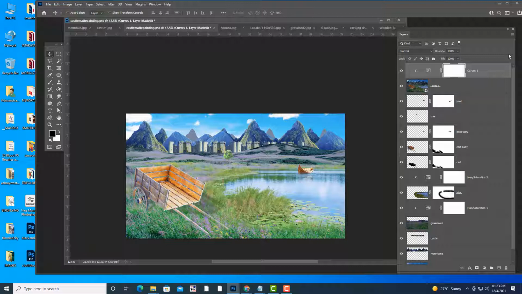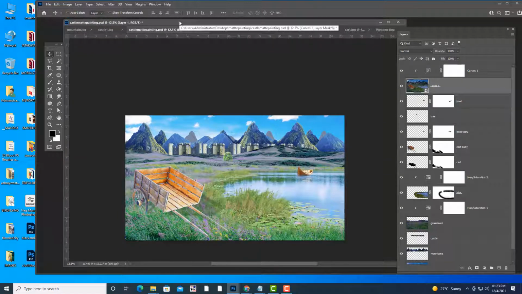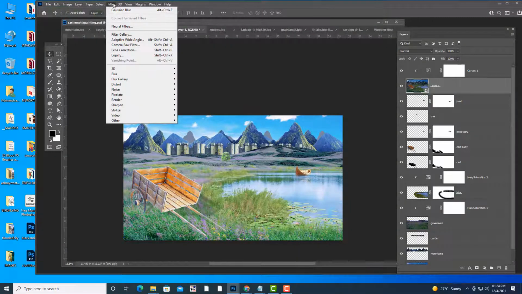Because I have taken this as a smart object, I will first apply the sunlight. Sunlight should come from this corner. So filter, render, lens flare.